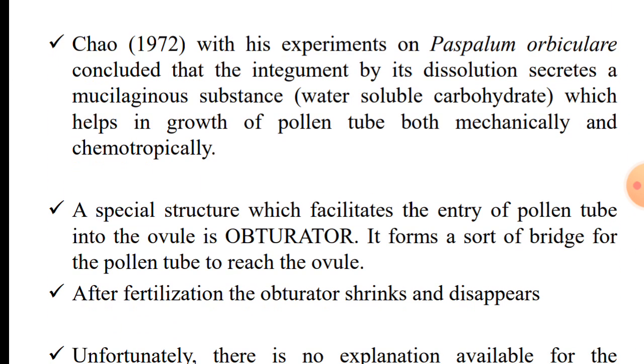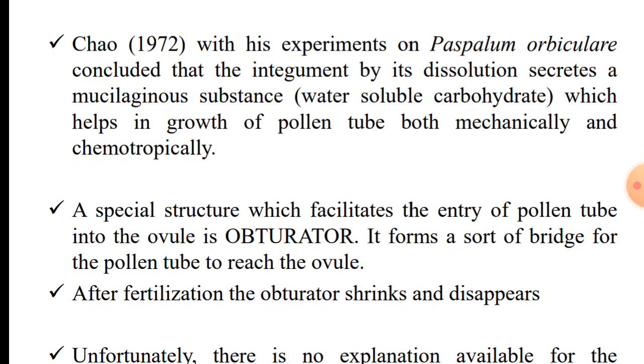It was Chao 1972 with his experiments on Paspalum orbiculare concluded that the integument by its dissolution secretes a mucilaginous substance, water soluble carbohydrate, which helps in growth of pollen tube both mechanically and chemotropically. That is, the mucilage formed by the dissolution of integument that facilitates the entry of pollen tube inside the